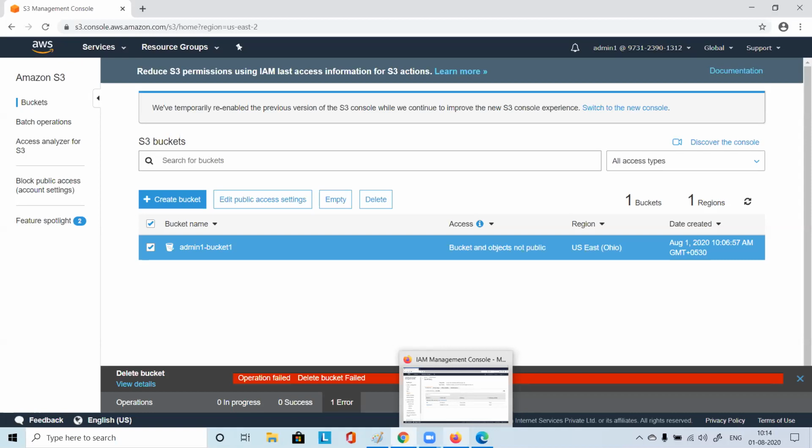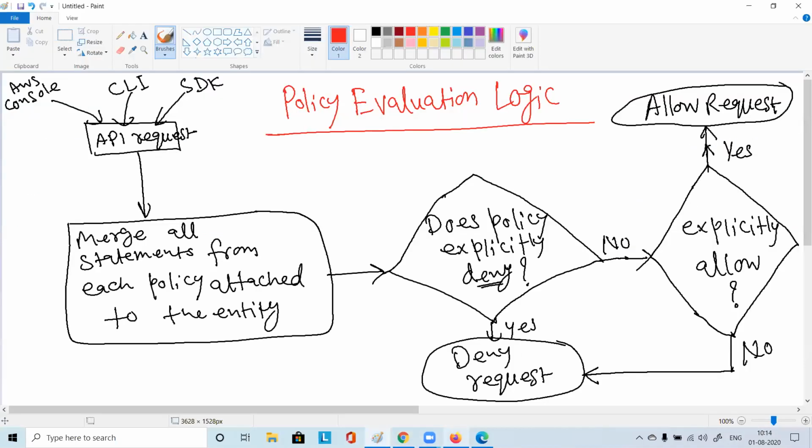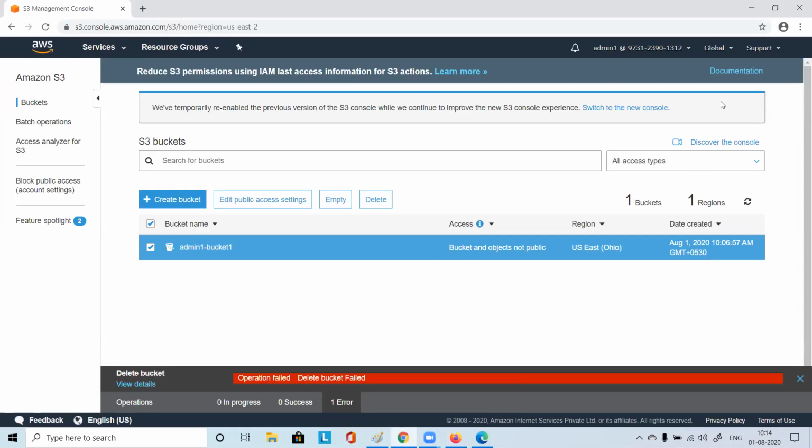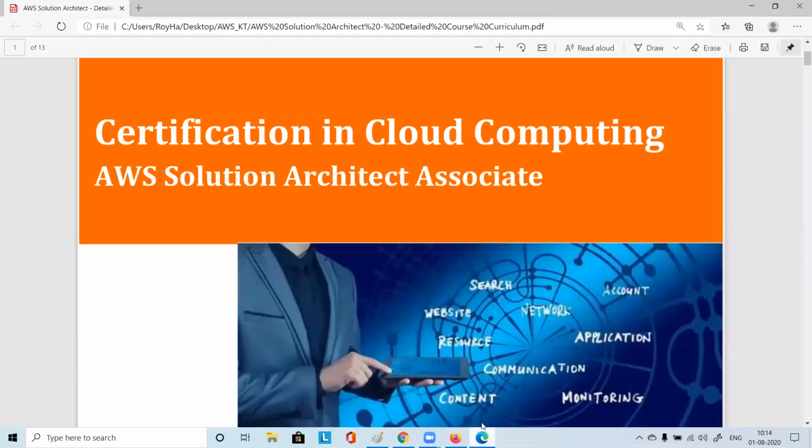There are four core components which will be very important for the examination: compute, network, storage, and the database part. These are quite important. So we have a lot of important things remaining, so we'll move to the next topic. What is that?